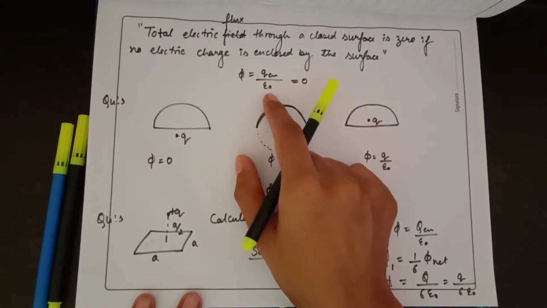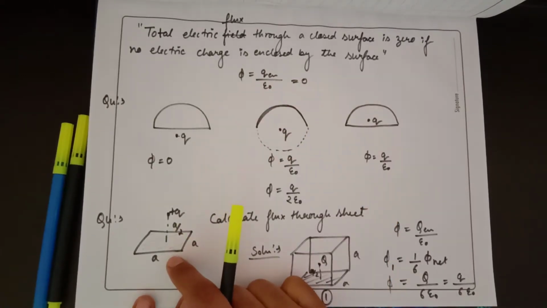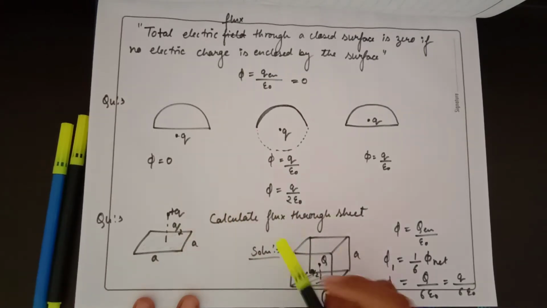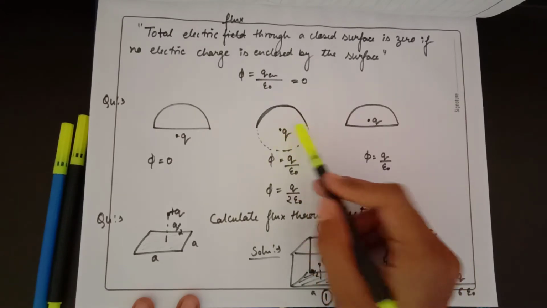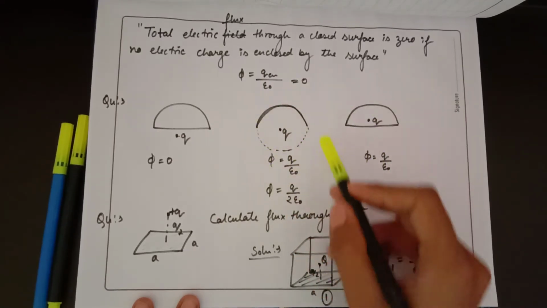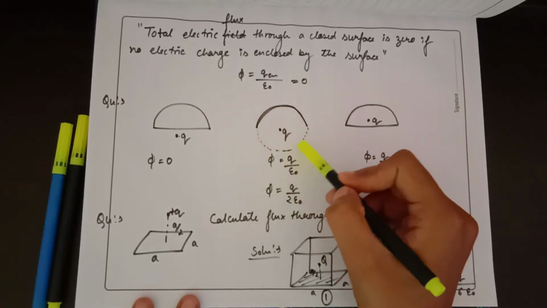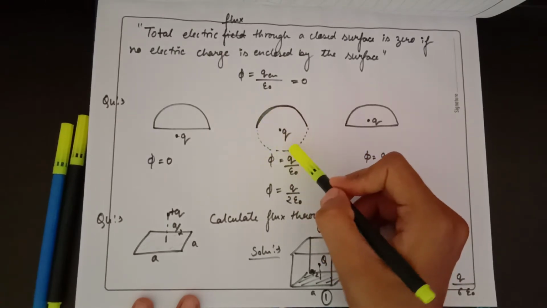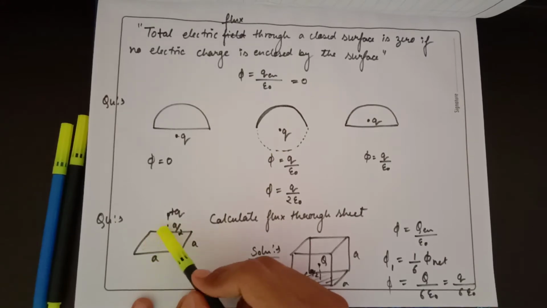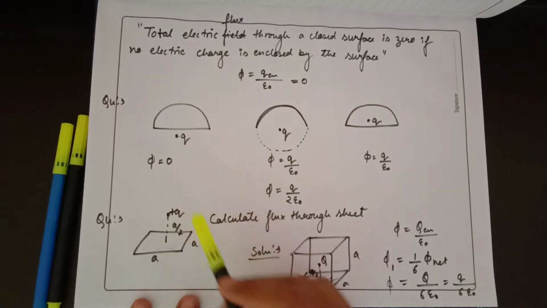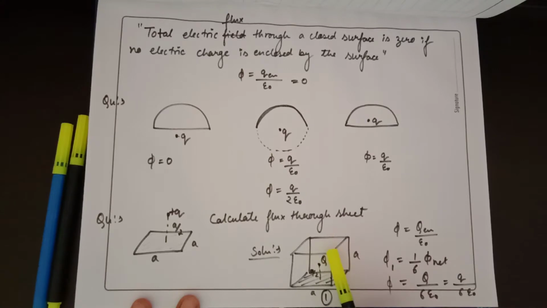And a thing to remember in Gauss's theorem is it holds only for a closed surface, and the surface which we consider where we apply Gauss's law is called our Gaussian surface. For example, in this question we made a surface like this. To make it a closed surface we extended this circle, so this is our Gaussian surface. In the same way, in this question, to make this sheet a closed surface we made it like this, so this will be called our Gaussian surface.